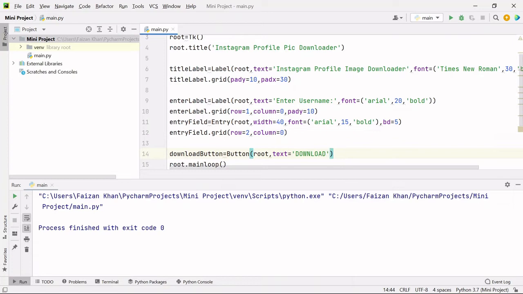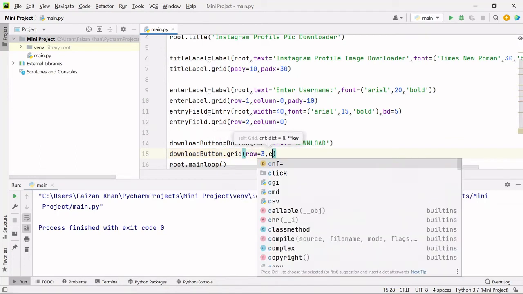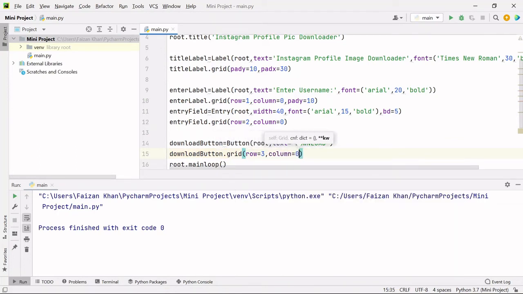And now we can position it, so we'll write download button dot grid method, okay, and this time row value will be 3 and column will remain 0. I hope now you can understand why row 3, because at row 2 we already have this entry field. Okay, now if I run it,